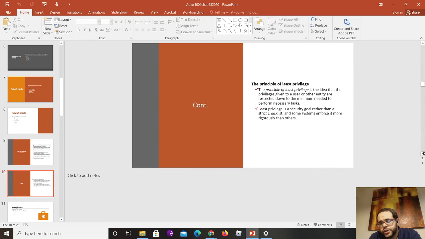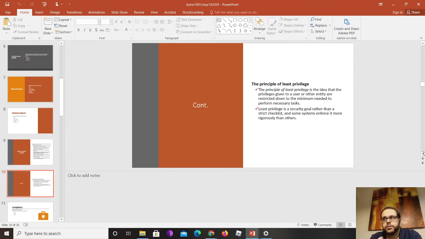Principle of least privilege is also another type of security control. Basically, least privilege is the idea that a user should be restricted down to the minimum needed for them to perform their work tasks. They shouldn't have any more permissions than what they are required. A lot of the time, if you don't know what the user really needs to work, you give them some permissions for things you know they're going to do, and then you wait for the person to start requesting, hey, if I'm going to be in charge of doing this, I also am going to need this permission because I've been trying to do it and it's denying me.